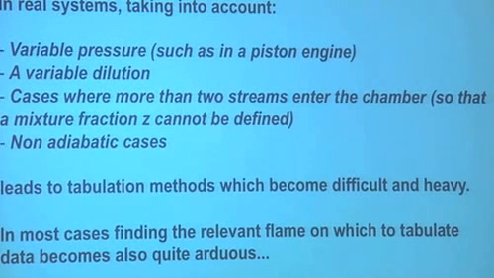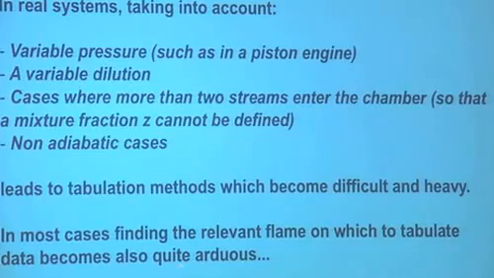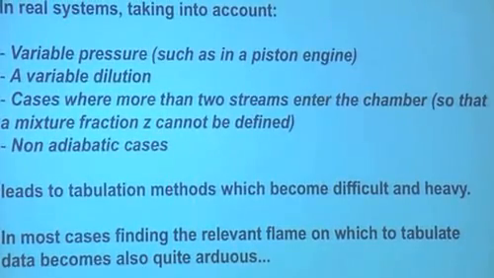So your system will work on your PC on a small mesh. When you bring it to a big machine, the memory will not be sufficient to carry your database with you. And then the problem you have also is that when you know all these things, you don't really know on which flame you should tabulate. Should you take a diffusion flame? Should you take a premix flame? And things get really complicated here.